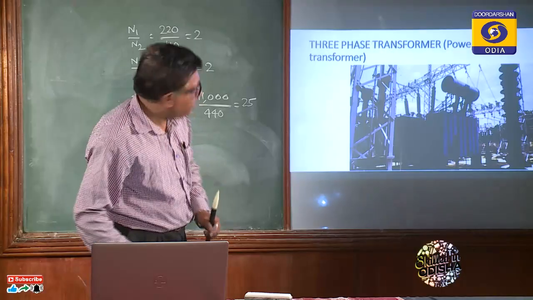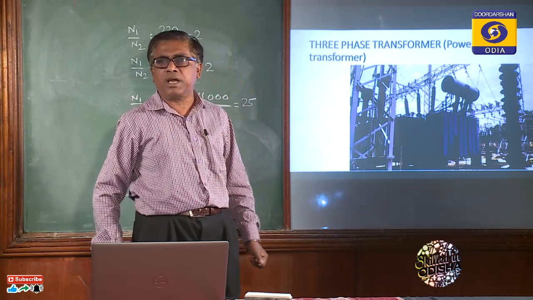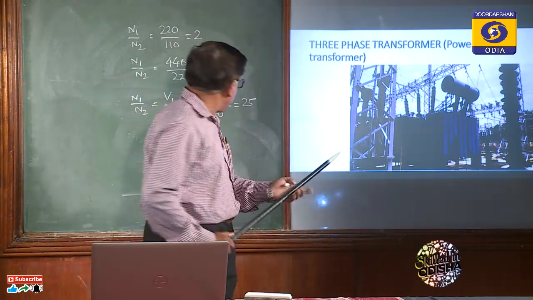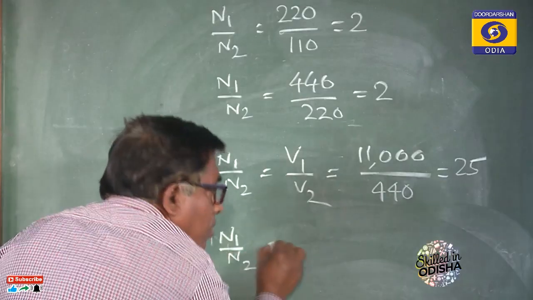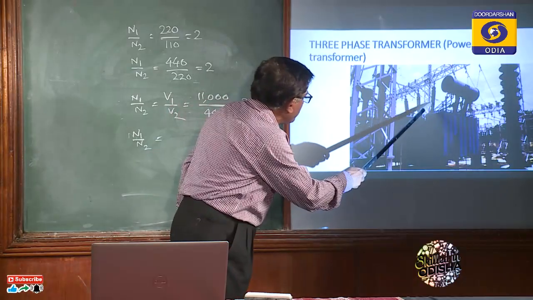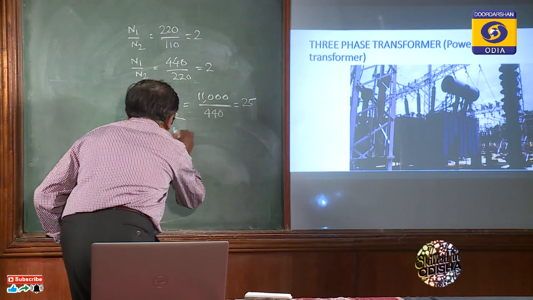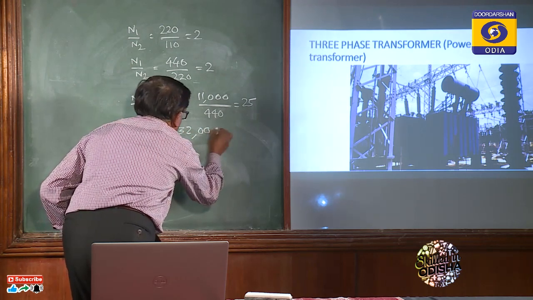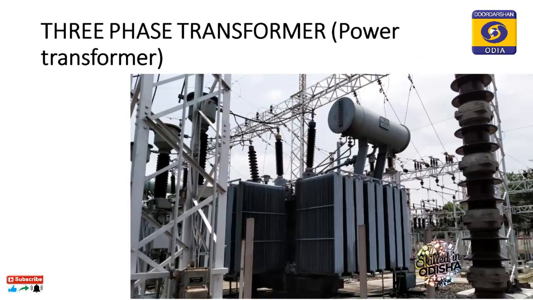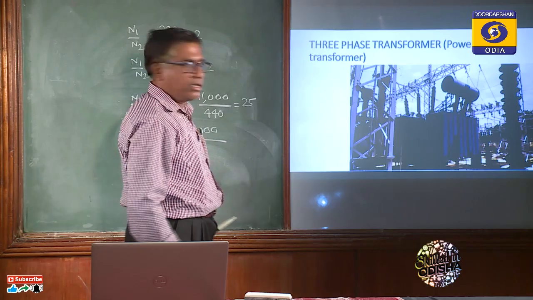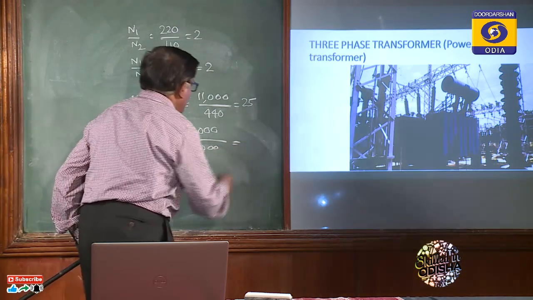Next you come. You see, I have taken one transformer from the Kotak grid substation. What is the transformation ratio? Now N1 by N2. This is your primary side. What is the input voltage? Now 132 kV. What is the secondary voltage? This is your secondary side, you will mark it. It is 33 kV. So what is the transformation ratio? Now 4.